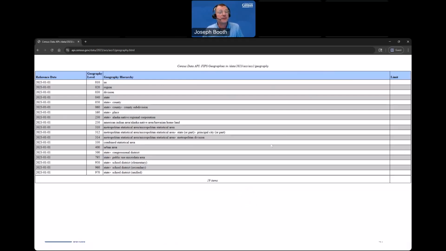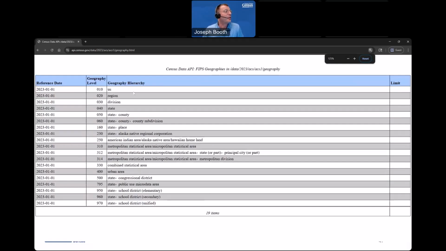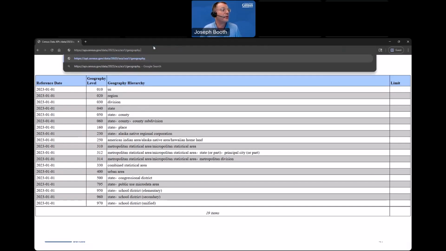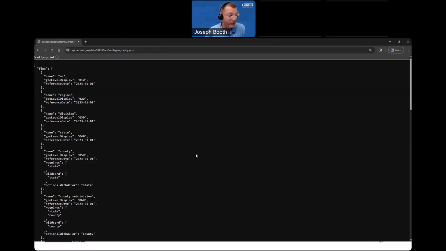You get 4 columns here, but what you don't get is, in these geographies, you can see, okay, I got state, county is represented by this geography level, but how do I know which one of these is required and which one is a wildcard when I go to construct my API call? A quick way to see that is to modify your endpoint to JSON,